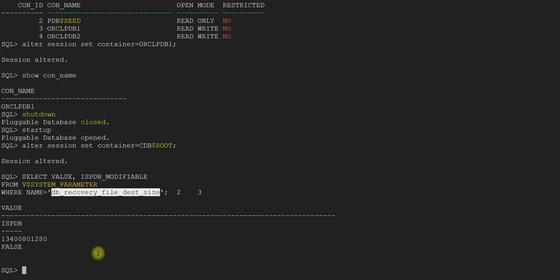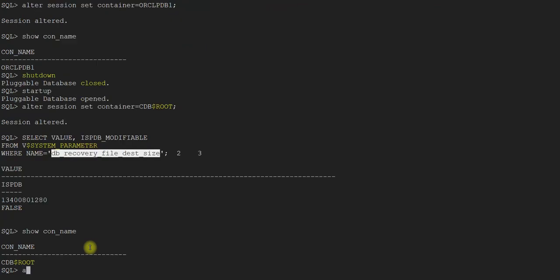Let's switch the container. Show container name. Let's see if we try to modify this db_recovery_file_dest, can we do it from the PDB level? Alter session set container equals orclpdb1.